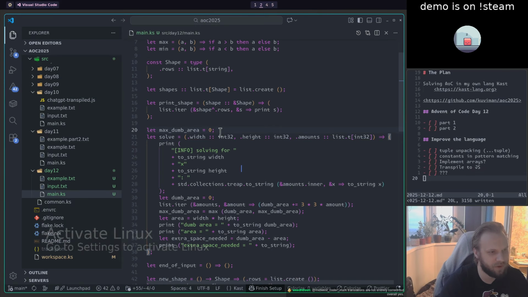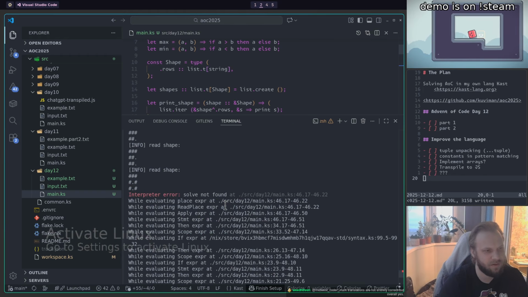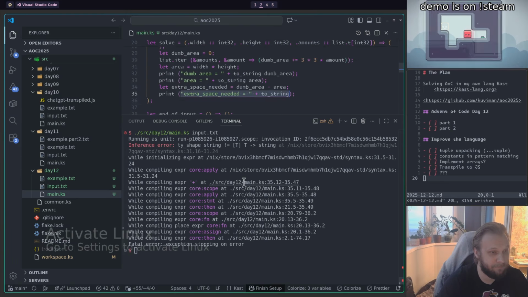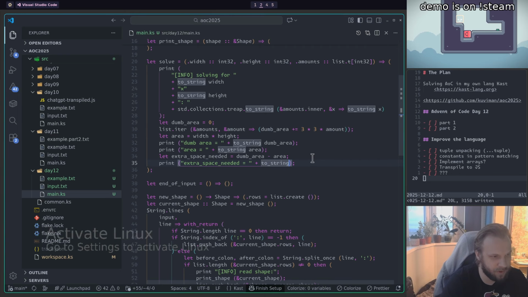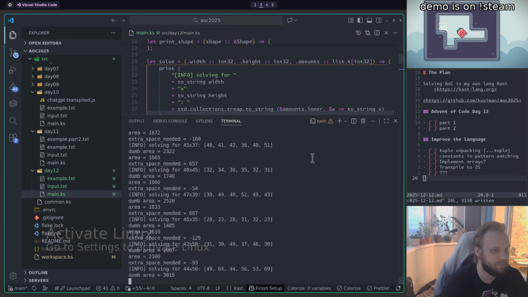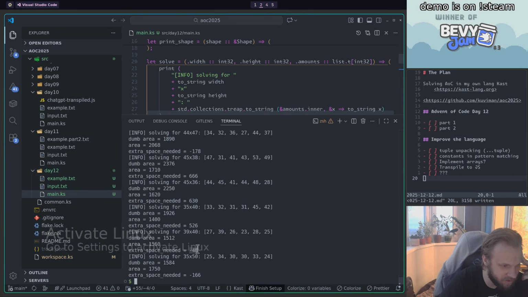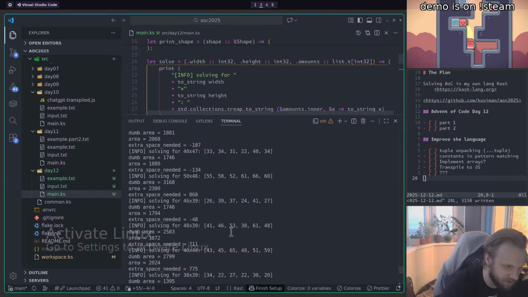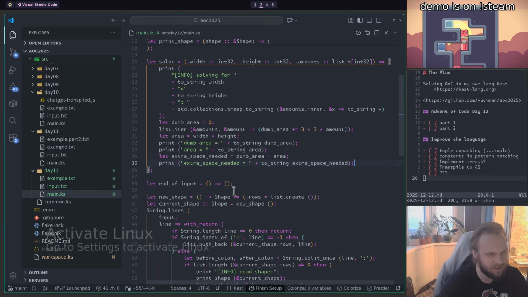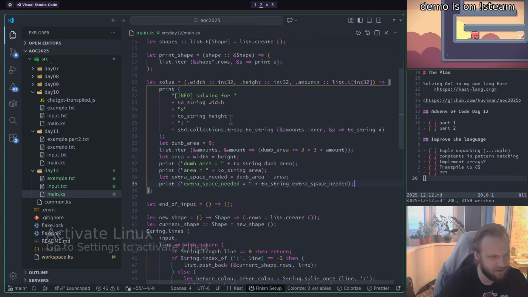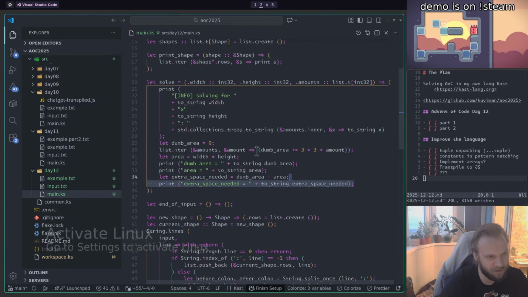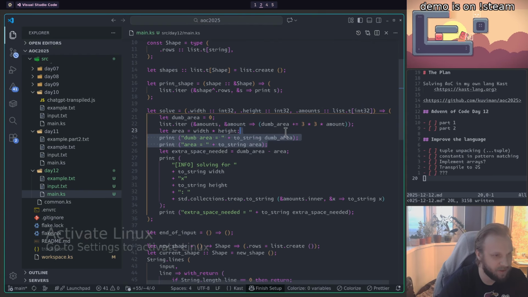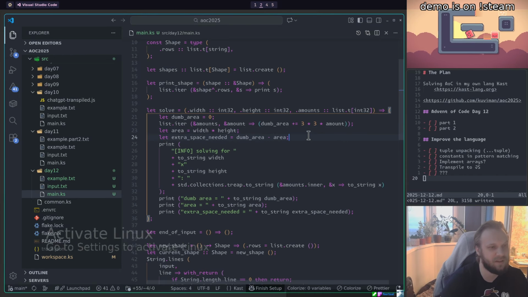I don't need to report anything. Let's just see this. To string extra space needed. So over here, -48, which means that we can already fit it, right? A lot of these things actually don't need to be solved at all, it seems. So maybe let's do printing only if it's needed. Let's calculate this, and then we just say here